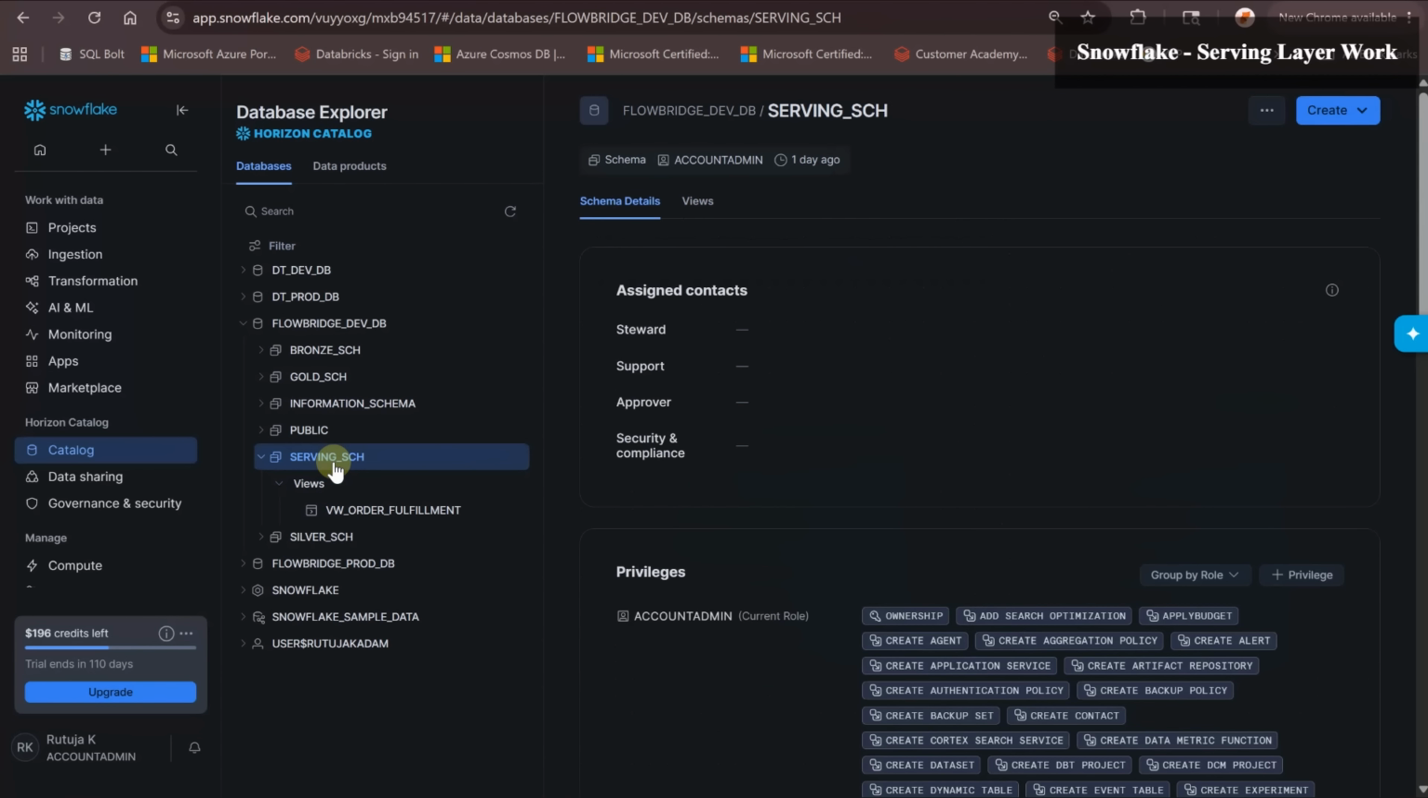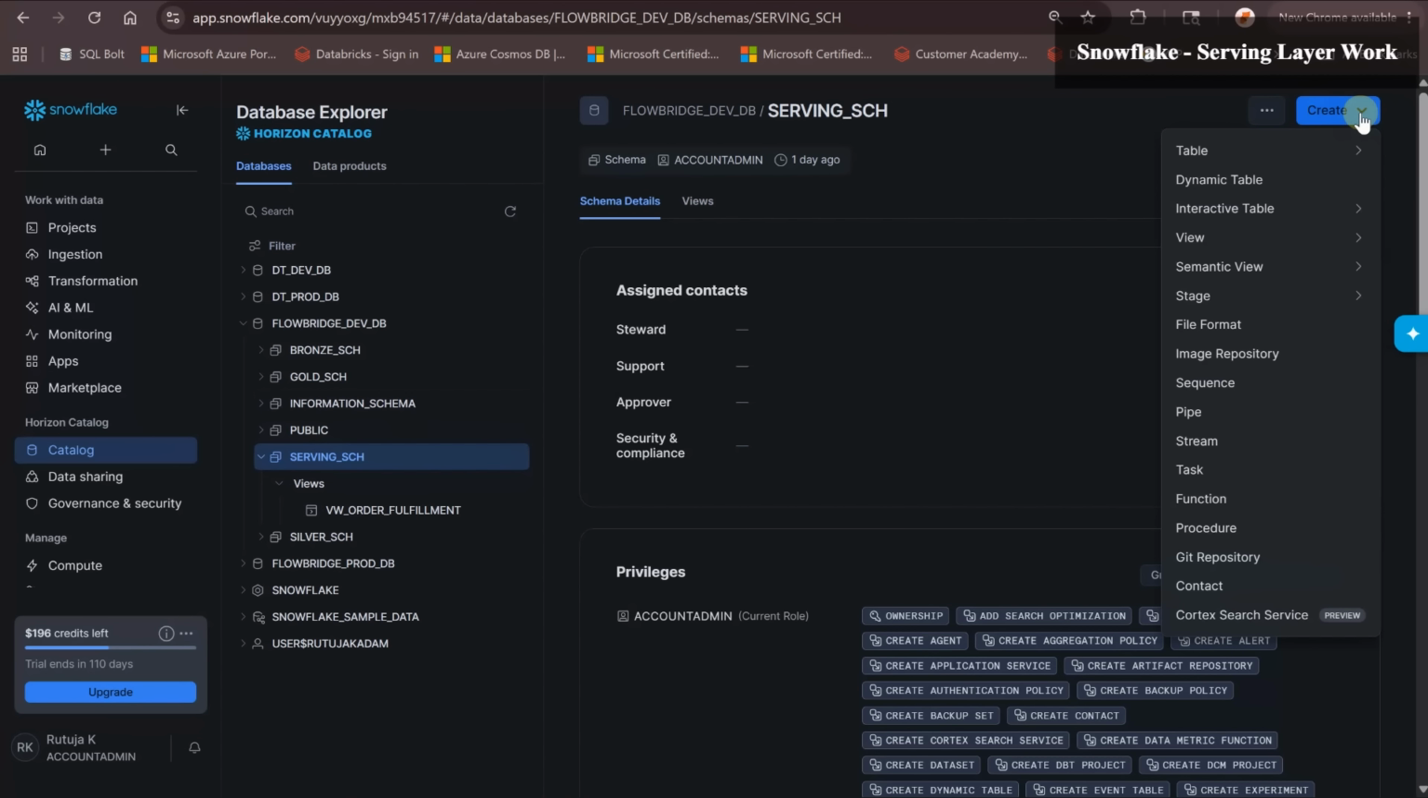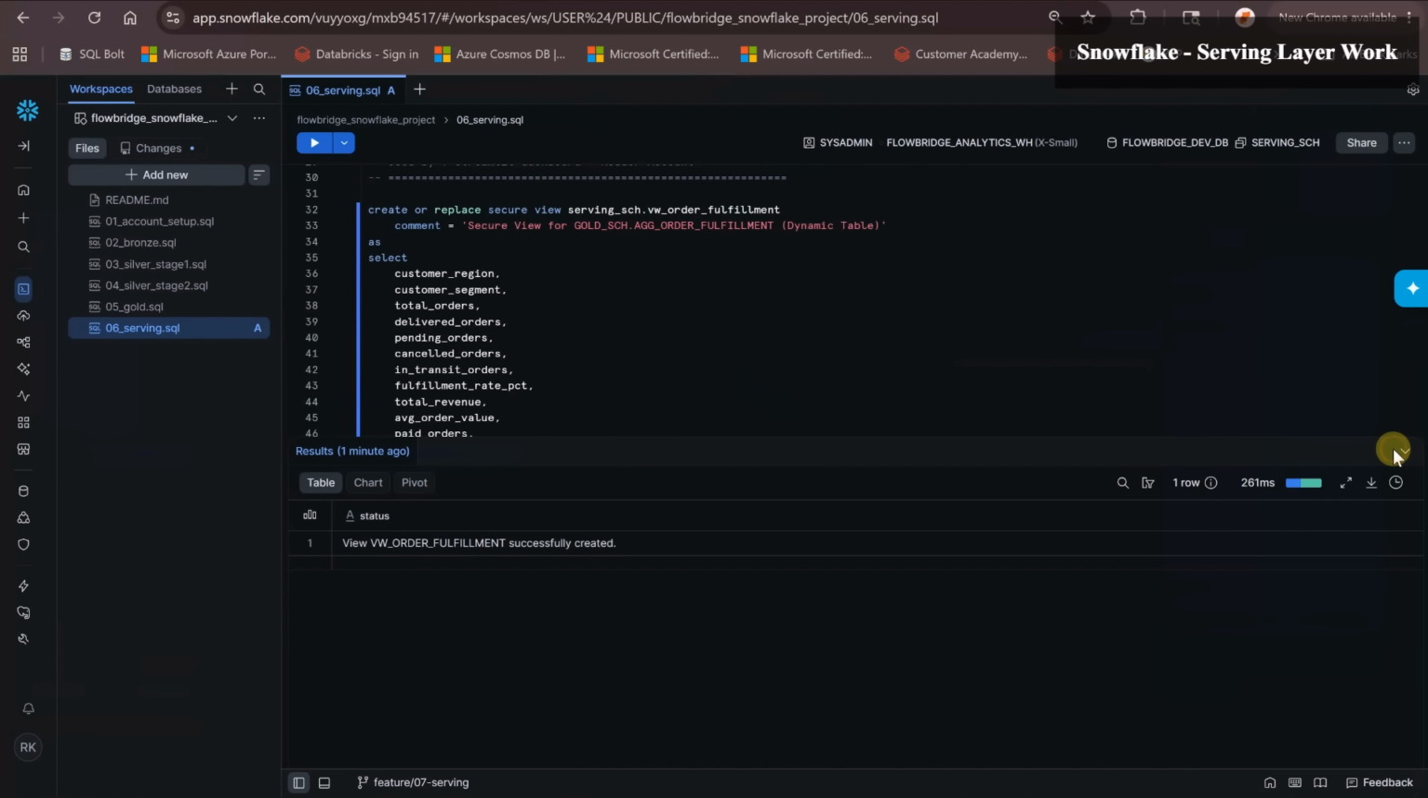So under this serving schema, if you click on this serving schema, create, you have this option to create view from here also. Create and then view. If you see, we have 4 types of views: standard view, materialized view, secure view, and secure materialized view. So if you want to check all these views in depth, then you can search Snowflake official documentation and they have given all the information about all these views. So this is another way from where you can create view. Okay, in our case it is secure view,